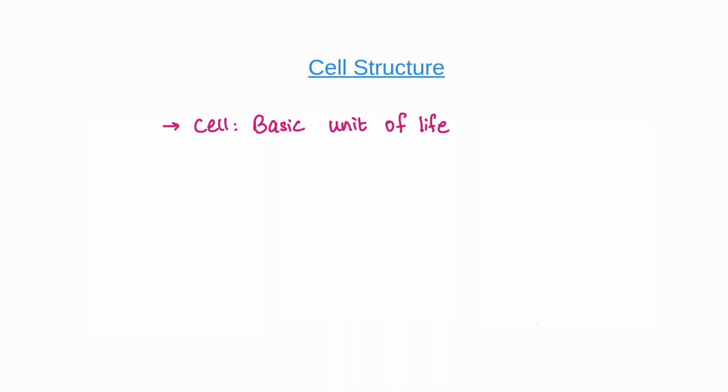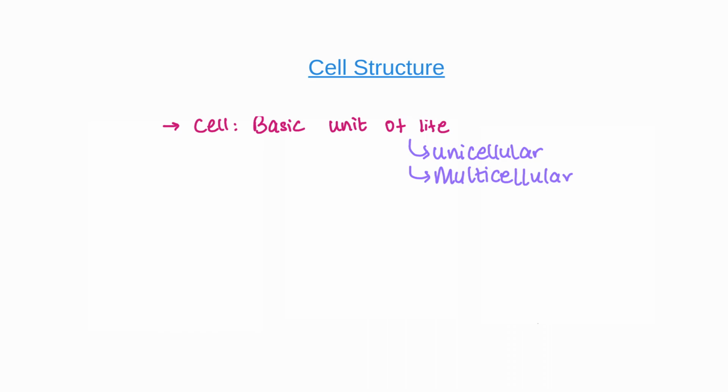Hi guys, so this lesson is on cell structure and microscopes. Let's look at cells first. What is a cell? A cell is a basic unit of life. Now what does that mean? This means that every living organism will have at least one cell inside it. Now that's a unicellular organism with one cell, right? But multicellular organisms will have millions and billions of these cells.